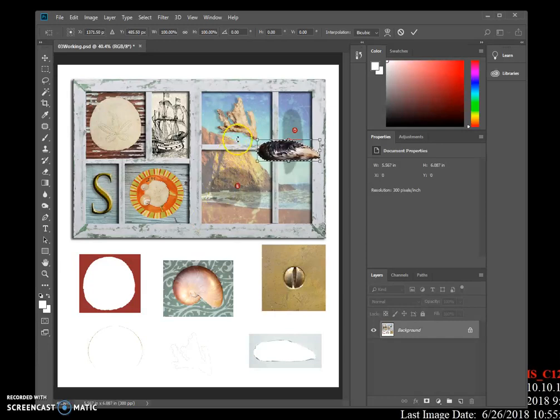Move the pointer outside of the bounding box so that it becomes curved. Do you see the two heads on the pointer now? Drag to rotate the muscle to a 90-degree angle. You can verify the angle in the transformation values display next to the pointer, or in the rotate box in the options bar. So we're going to rotate it around, and once we get that rotation, hit Enter,